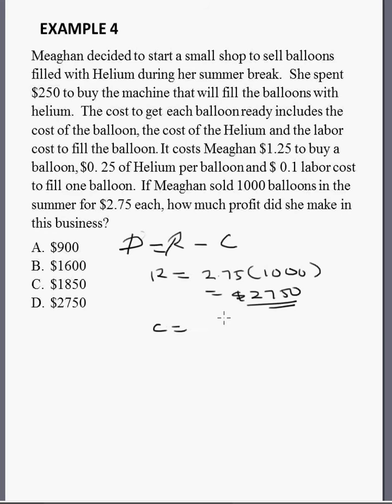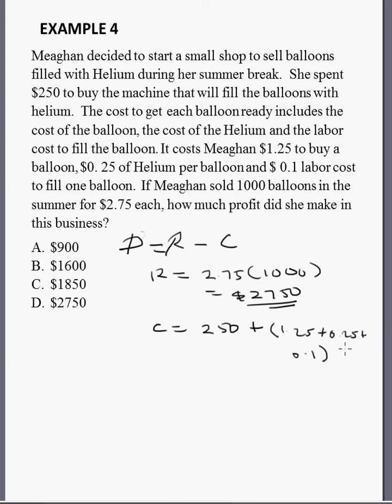The cost here, for most simple cases, is going to be a linear model. So her cost is going to be equal to 250. Remember, we are trying to calculate a profit, so you have to include every cost associated with the business. So 250 plus, generally we call the other aspect of the cost, which is not fixed, the variable cost. Those are the things that you use to produce the quantity that you want. So here it is going to be equal to all the cost to fill one balloon. So one balloon, she's going to need 1.25 to buy the balloon, plus 25 cents, a quarter, plus